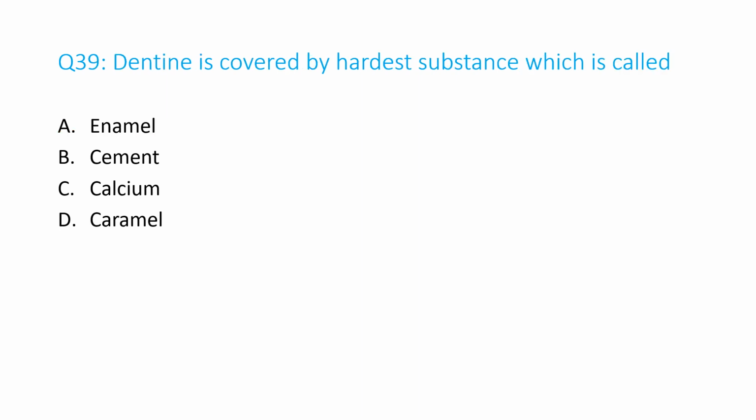Number 39. Dentine is covered by the hardest substance, which is called A. Enamel, B. Cement, C. Calcium, D. Caramel. And the answer is